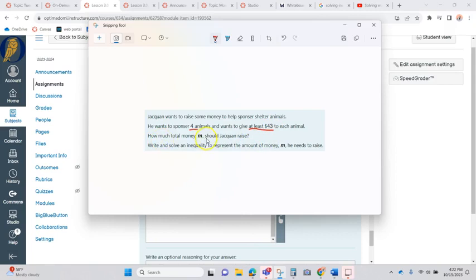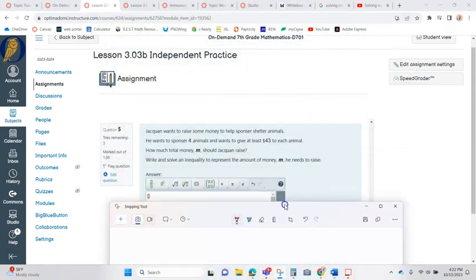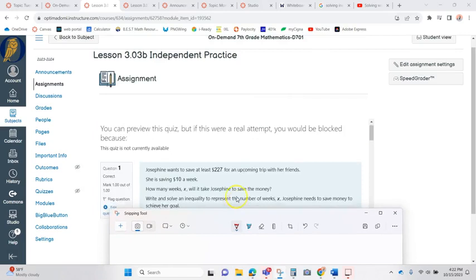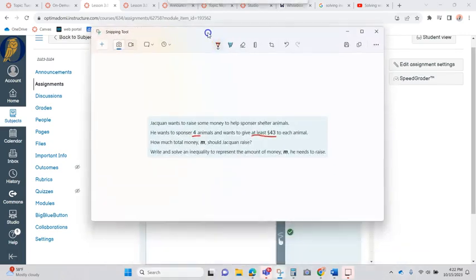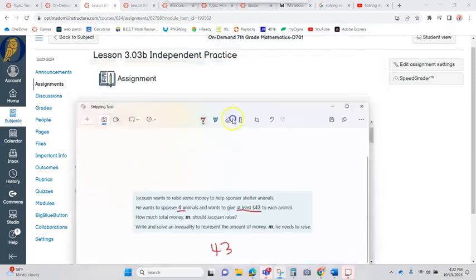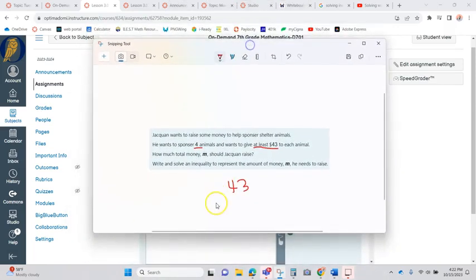How much total money? Did we talk about at least already? Do we know what that word means? Yes, we do. At least. The opposite of at most. So 43 at least means it is facing away from, because at least 43, that means 43 is the lowest number in our story,